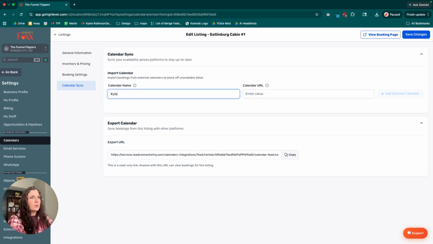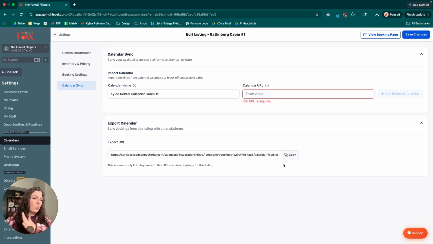So I could do Kylie rental calendar cabin number 1. This is maybe all of my bookings just for that Gatlinburg cabin number 1. I could add the URL in here, and then this is actually going to pop up and let me import it. Export calendar, so you can also go ahead and copy this link so that any other software you're using that would handle these bookings can read what is on your booking calendar and kind of bring that into their software. So they're making it as easy as humanly possible to ensure we have all of the options we need